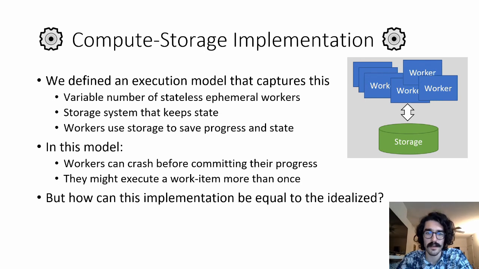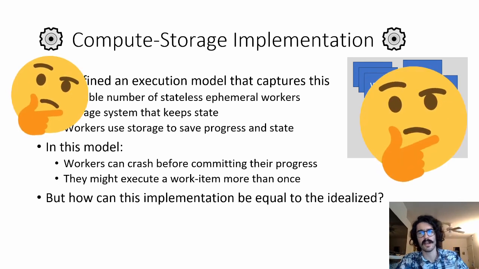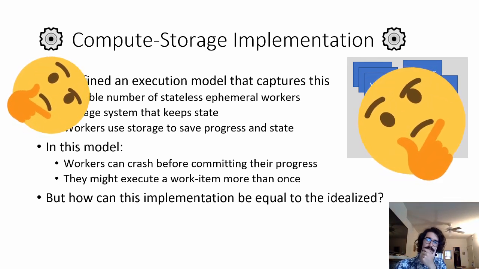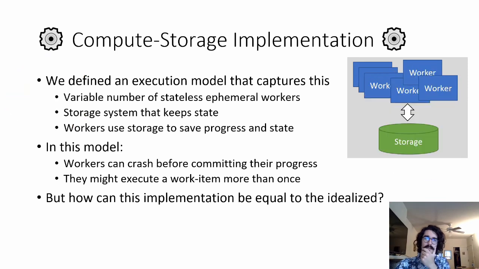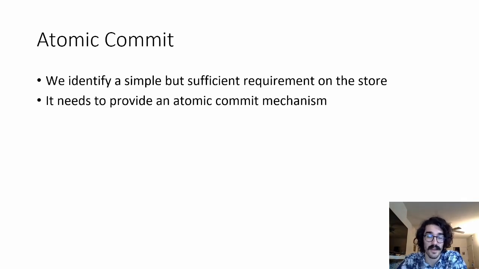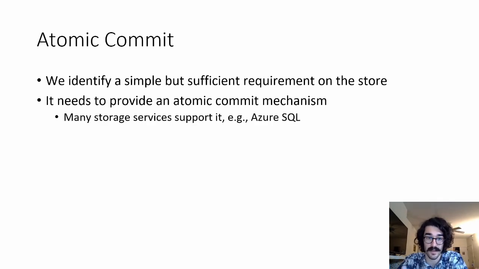But how can this implementation actually be equal to the idealized one? So the answer is the atomic commit. So we identify a simple but sufficient requirement on the store. The store simply needs to provide an atomic commit mechanism. Many storage services support that. For example, the Azure SQL